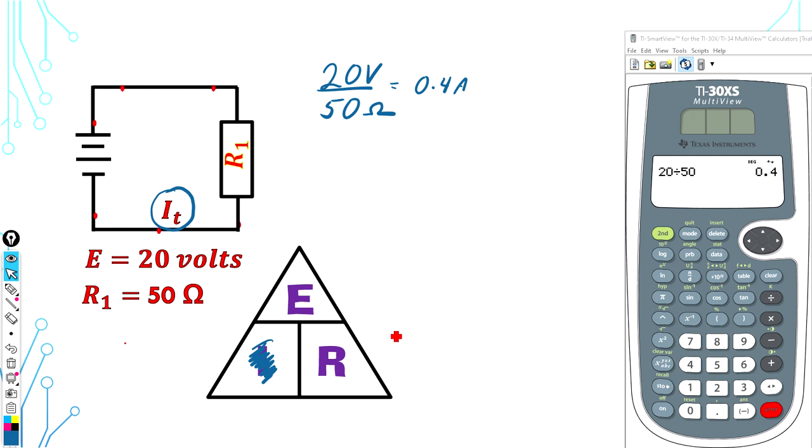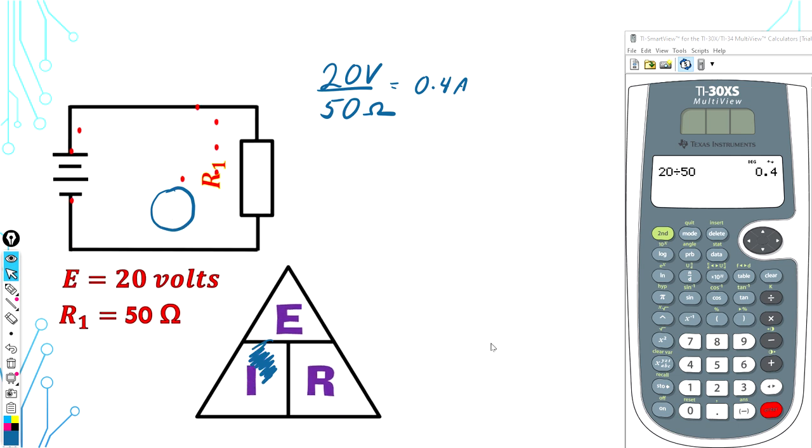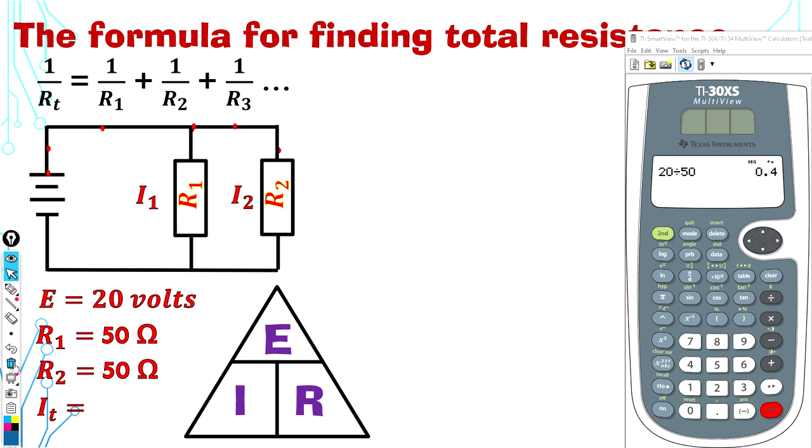Now we're going to take a look at the parallel circuit. Okay, here I've got two paths. Now I've gone ahead and made both of these resistors the same. I've got 50 ohms. When we had one path for the current to go through, we came out with 0.4 amps of current. Now I've got two paths with the same resistance, so I should be able to get twice as much current